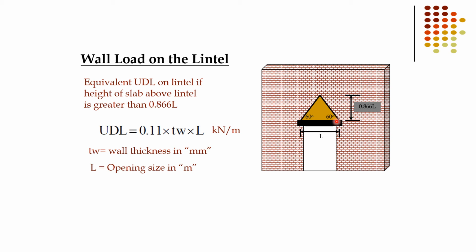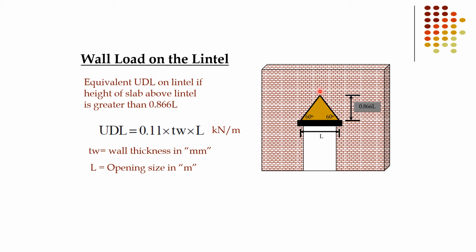If so much height is present, the equivalent UDL on lintel, the simplified form, applies if the height of the slab above lintel is greater than 0.866 L. L is the length of the lintel, meaning if 0.866 times L portion of the wall is present